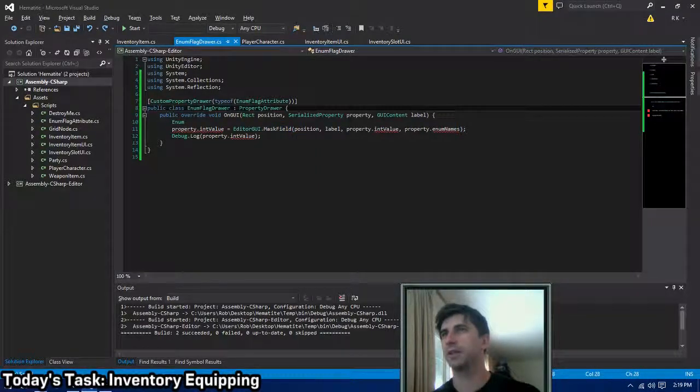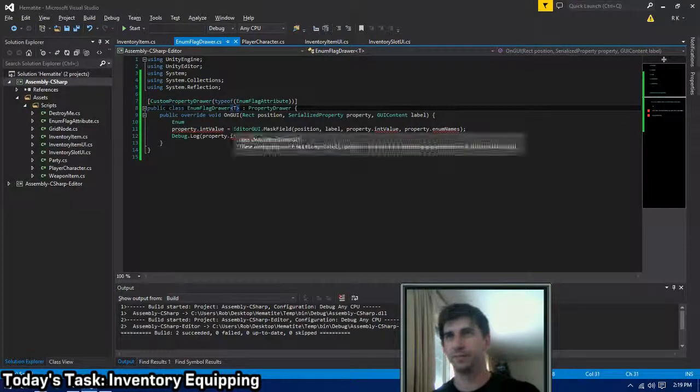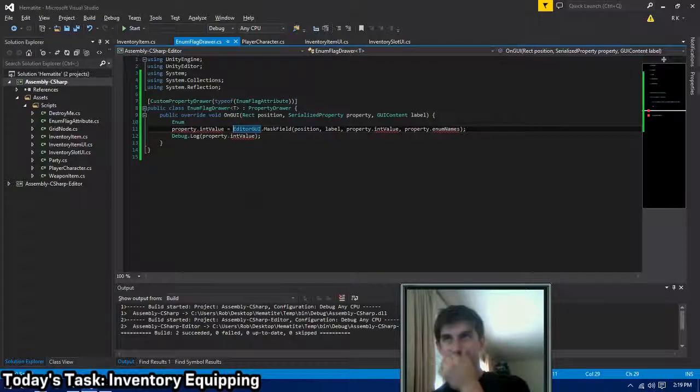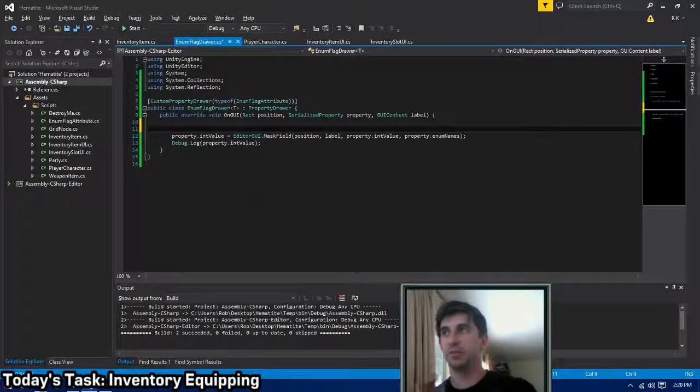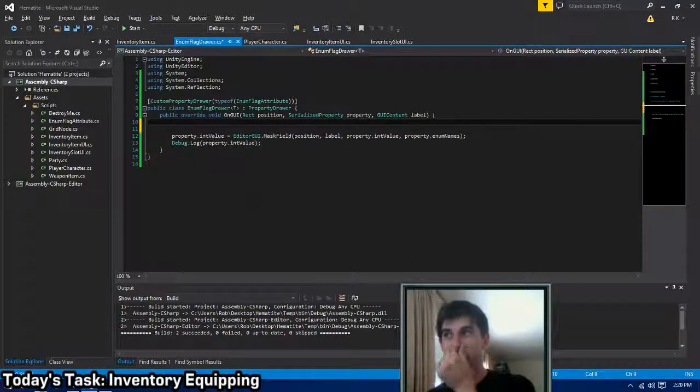I wonder if I could make this a template. And then do an enum.parse. So I'd say the actual int value, I'd have to do two conversions here. One would be the conversion into the mask field, and the other would be the conversion back out. So for example, we would,